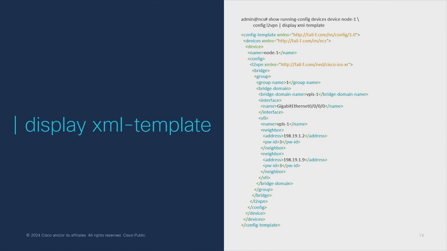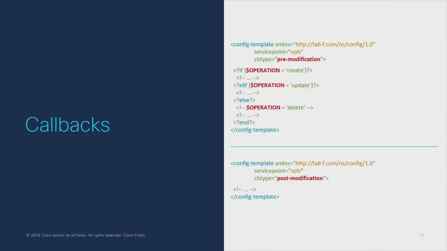And finally, one other new feature, I think this just came in 6.4, is you can now have templates for pre-modification and post-modification callbacks. So previously that had to be Python code or Java code. It had to be code because you couldn't register those callbacks from a template. So they're used if you want to apply some configuration that NSO is just going to apply and